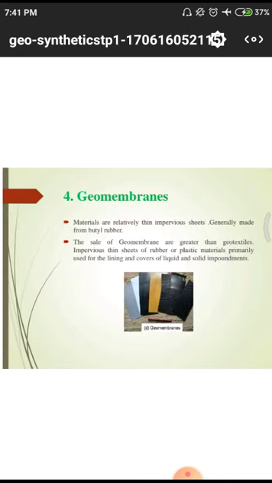Next is geomembrane. Normally, membrane means layer by layer. Earth is also having different membranes like core, mantle, and crust. Those are different membranes of the earth. Likewise here also, materials are relatively thin, impervious sheets. Thin means their thickness is very small, and those are simply impervious. Those don't allow water through them, so those are called impervious sheets, generally made from butyl